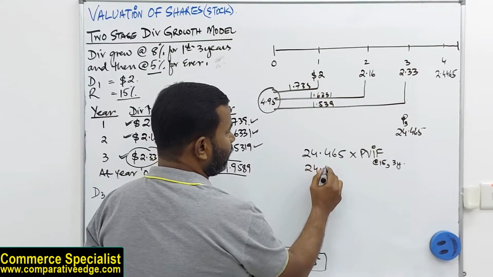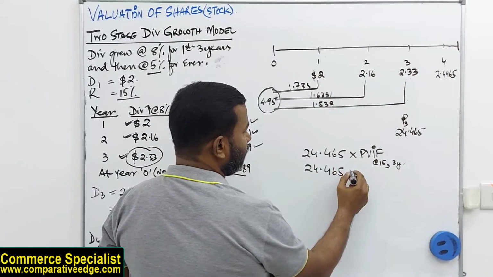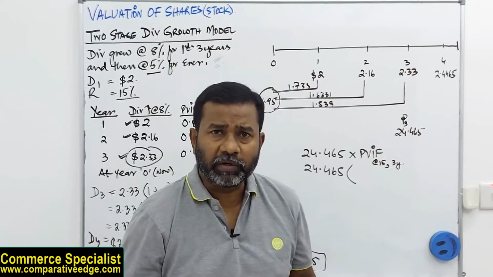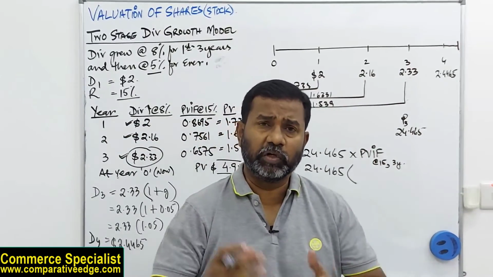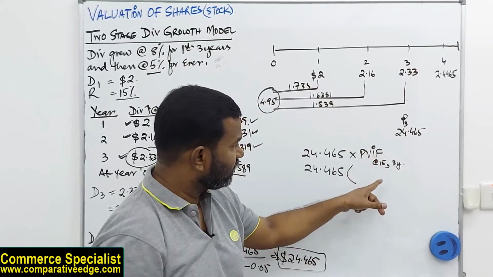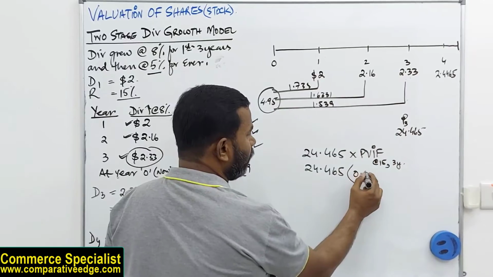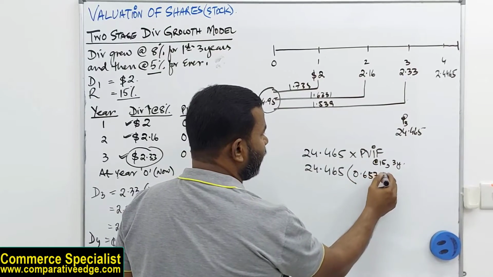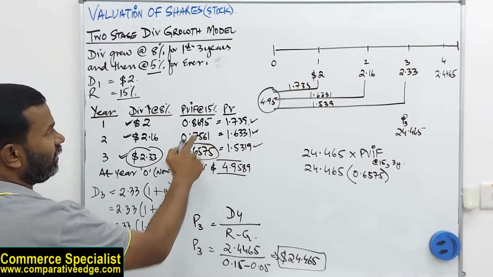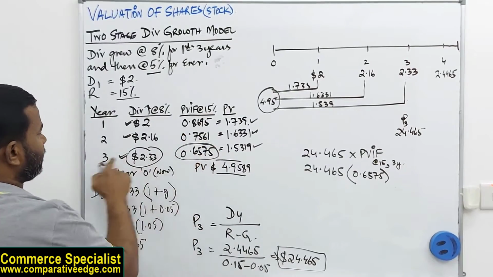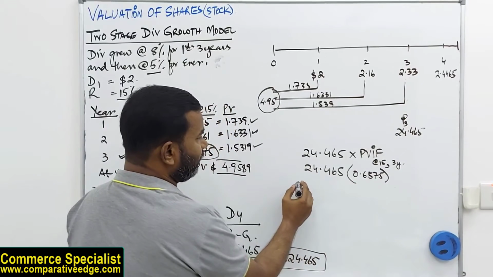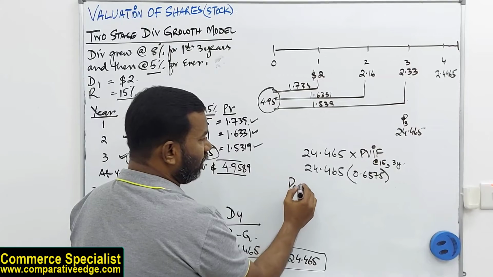So 24.465, the present value interest factor, if you check in the table, you can calculate on the calculator. I've explained this in my video on capital budgeting. So when I look in the table for this, the value I get is 0.6575, and this is the same value if you could see here. See, at 15%, what is the discount rate for 3? This. Now when we multiply, we get the present value of share now, which is P0,